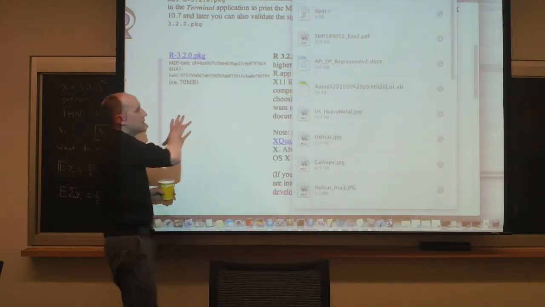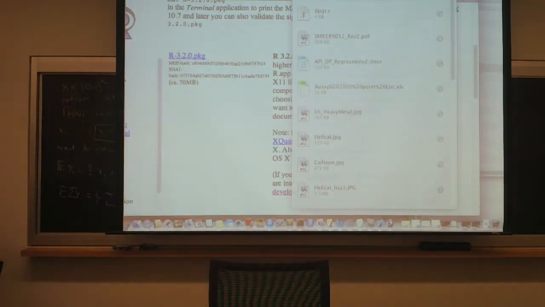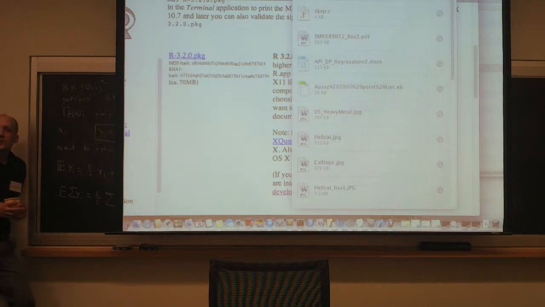So CRAN is one of the central repositories for R. It holds the R core language itself and a lot of these libraries. Some disciplines have drifted away from CRAN because CRAN has a lot of rules about exactly how your package should look. And it's not just that we can't agree on what the arguments of functions should look like or how data should be represented, but the rules about what a package can even do. What can it touch on your computer? And what can it do over the internet? Those kinds of rules nobody agrees on either.